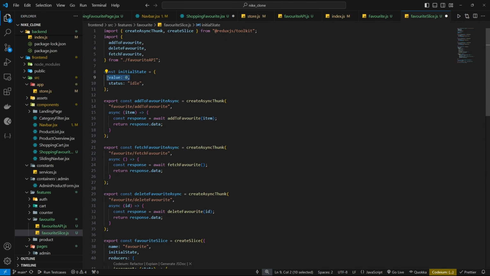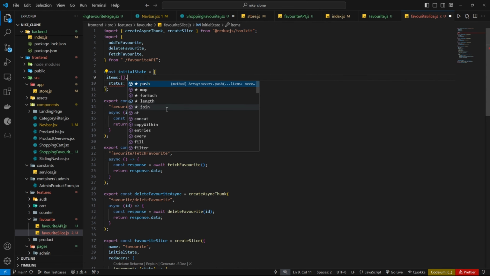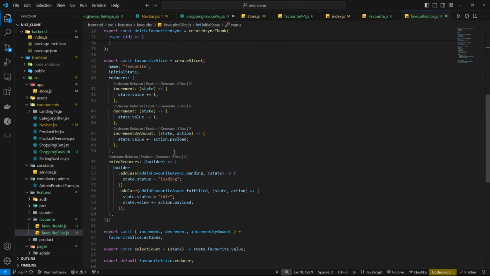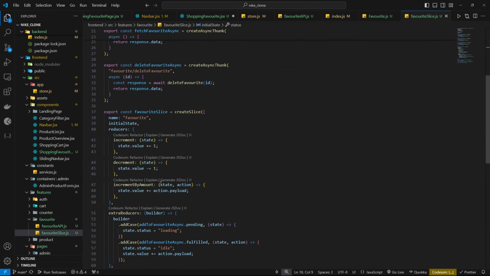So here initially the items will be an empty array, so items will be an empty array, and after that up here